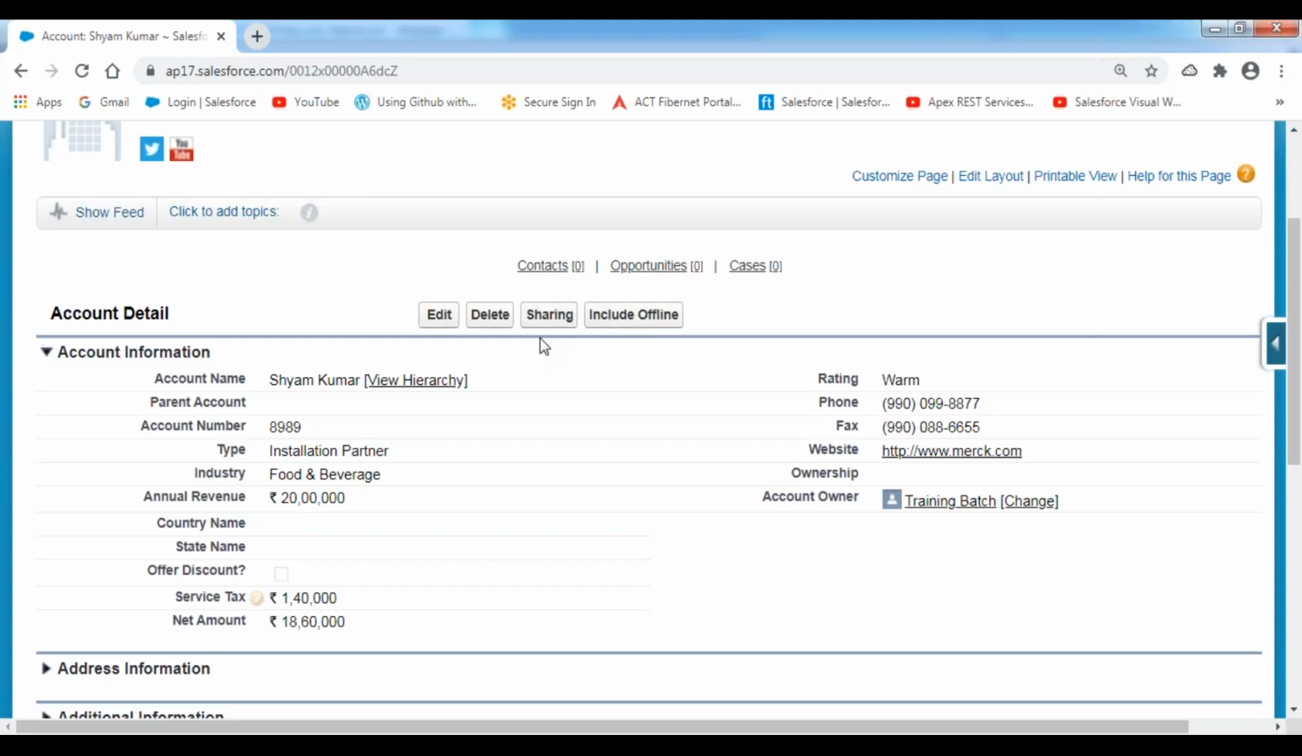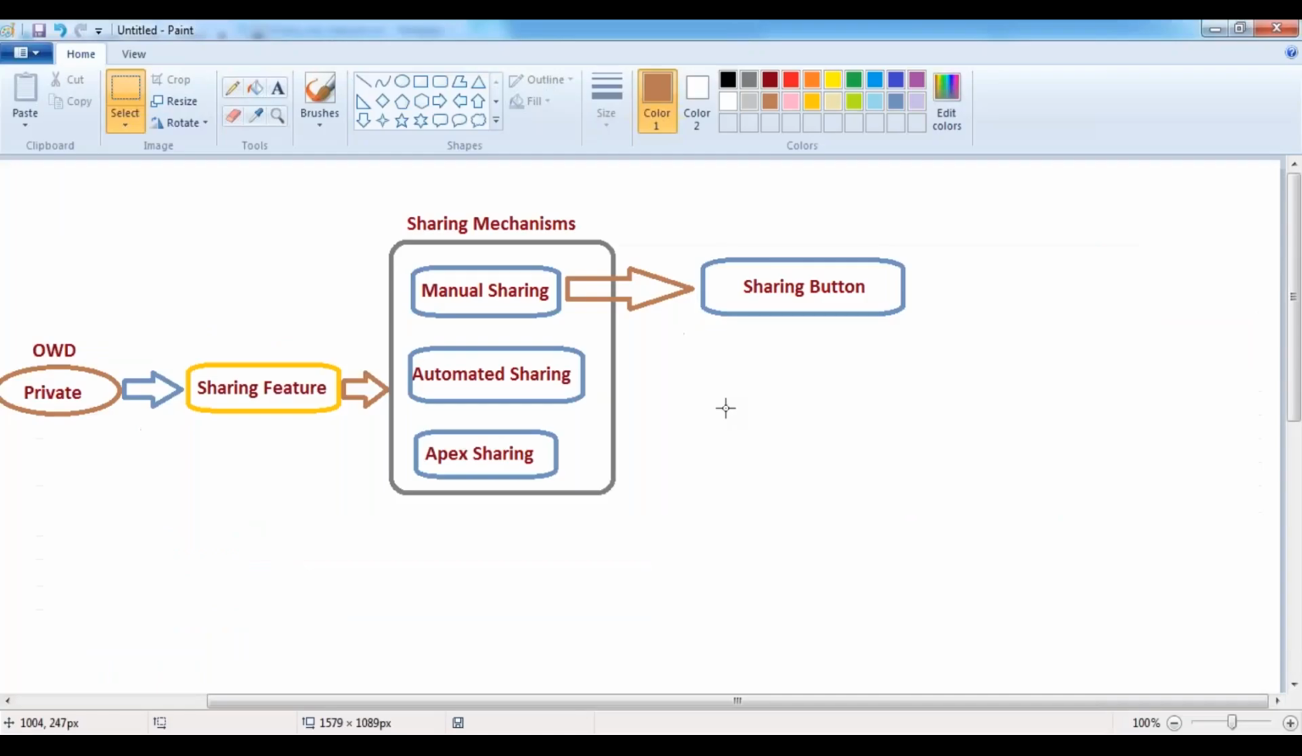We can't share those records manually to the people. It will be very difficult. It's a time-consuming process which takes a lot of time to share the record to multiple people. So in this case, to avoid that problem, Salesforce has given a feature called